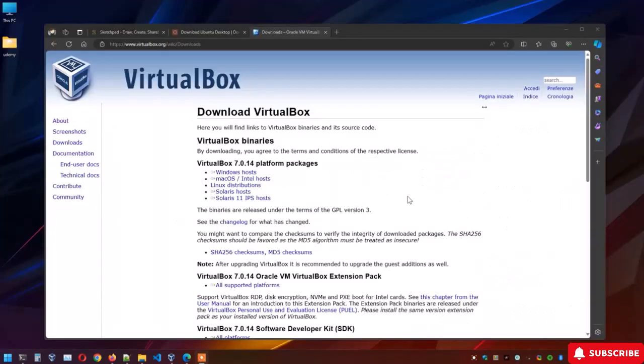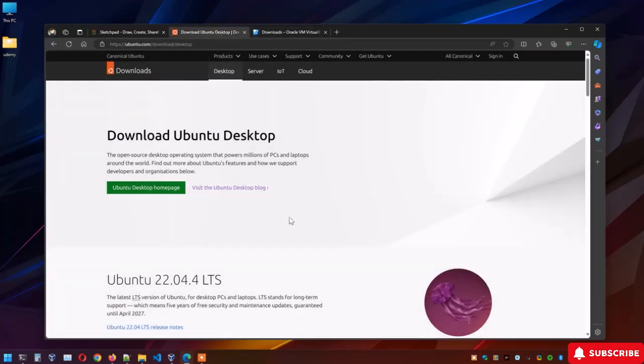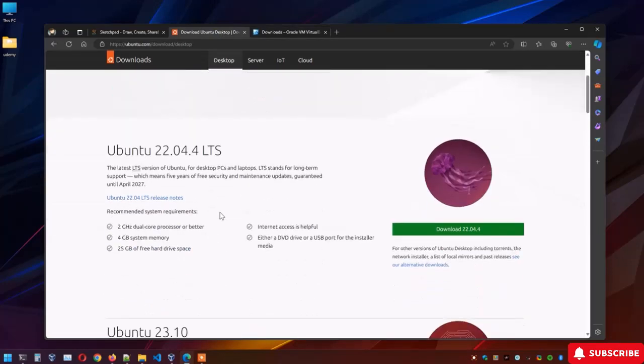So let's start with the installation of VirtualBox software. You can download it from the official website at virtualbox.org. I'm using Windows 11, so I will install the Windows file. After that, download also the Ubuntu software. We use the Ubuntu 22 version. You can find it on the ubuntu.com website, download the image,